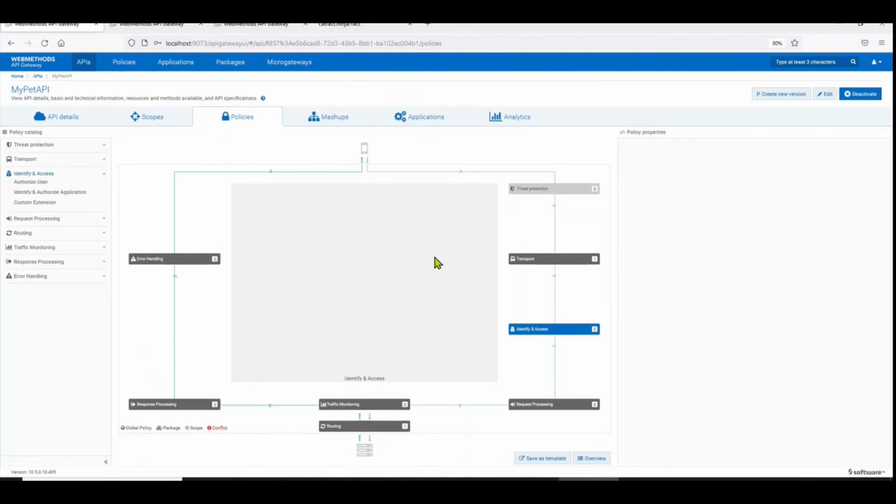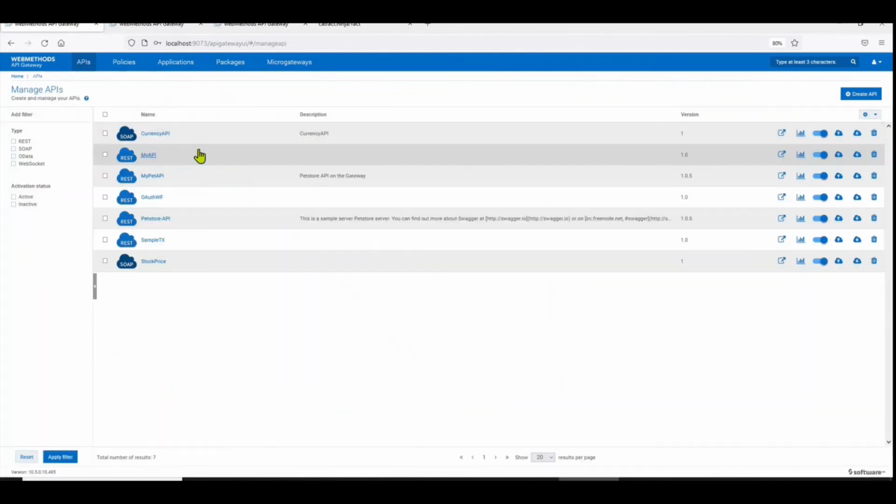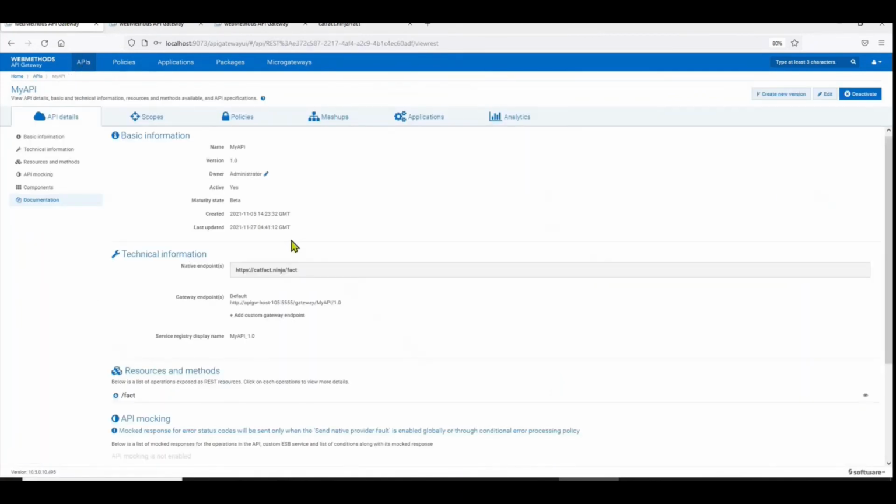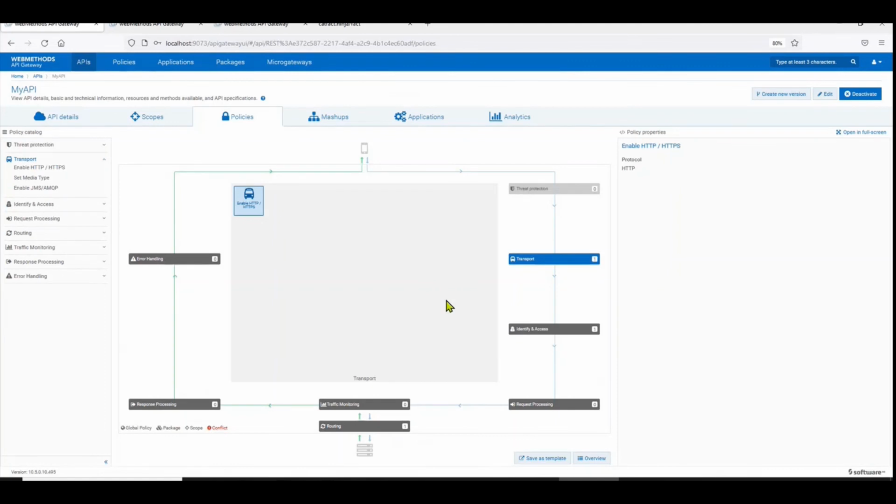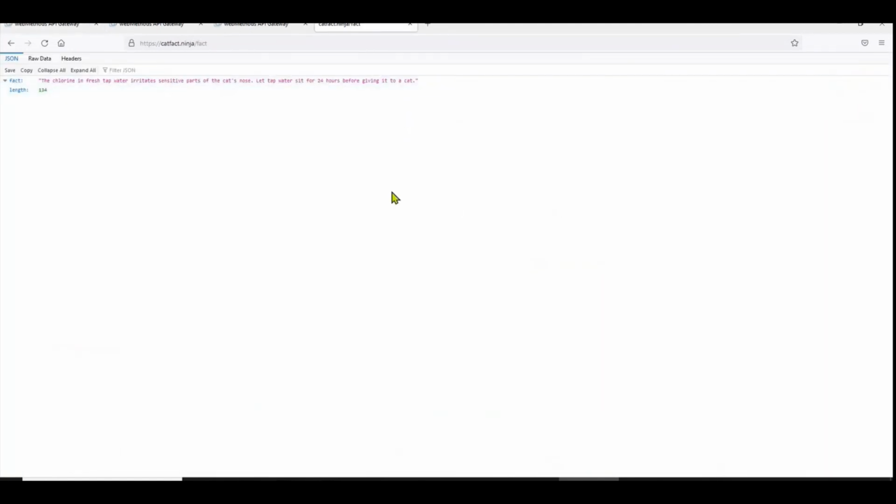Therefore, this API is not protected. Although the application is attached to the API, that doesn't necessarily mean the API is protected. You have to come and enable the policy. So I hope you had a quick understanding of how to protect your unprotected or unsecured APIs by just quickly enabling it through the gateway.